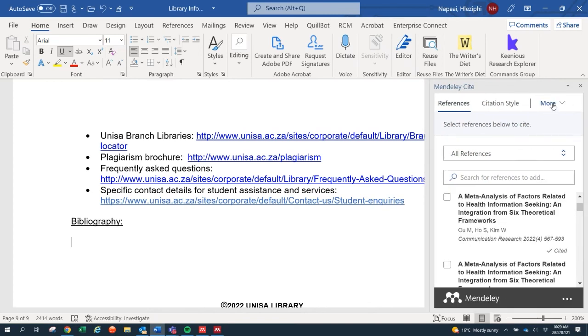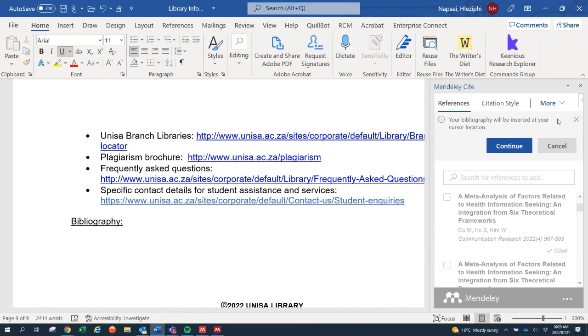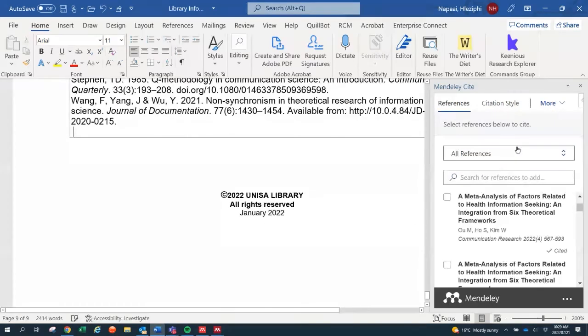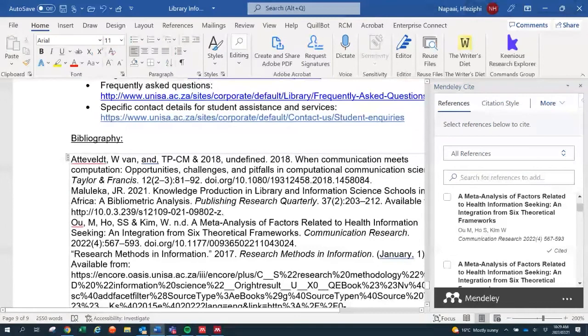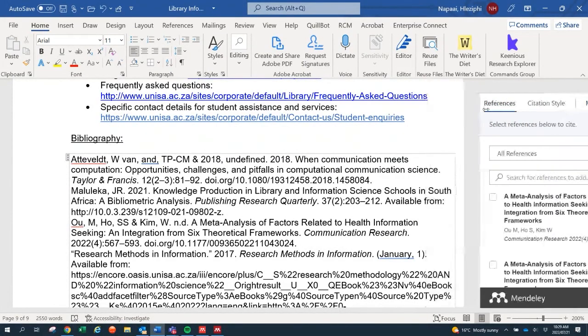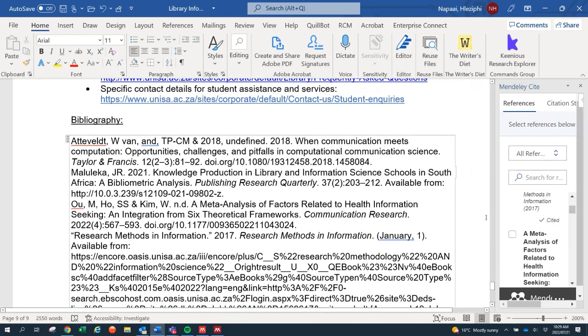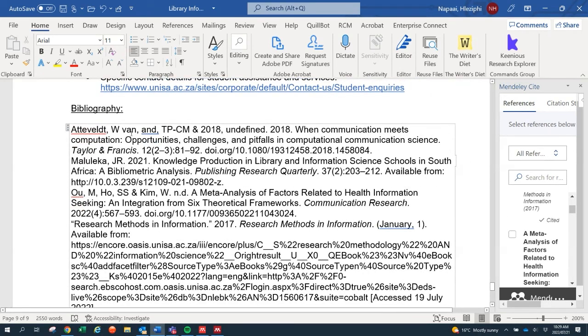Remember, under more, you click on more and then you say insert bibliography and continue. Okay, so there's your bibliography. Here you can see it's now alphabetical. What is supposed to be in italics is in italics. Where there's supposed to be a comma, it's there. Where there's supposed to be a full stop,